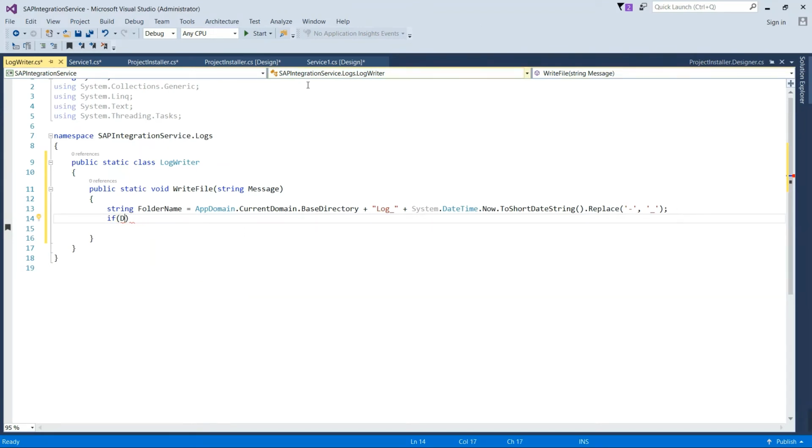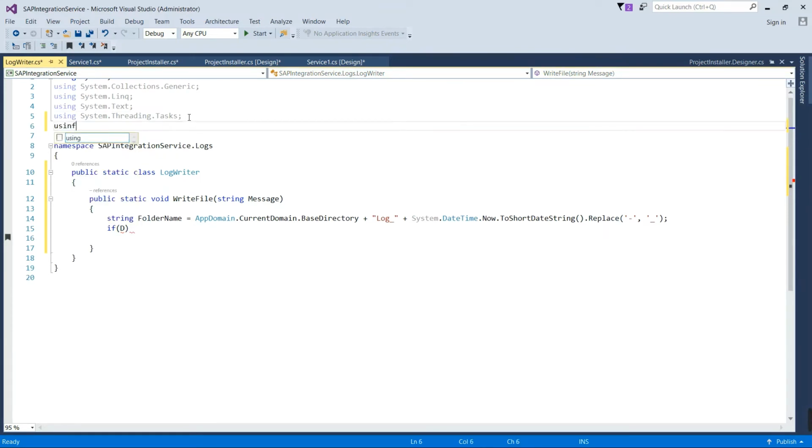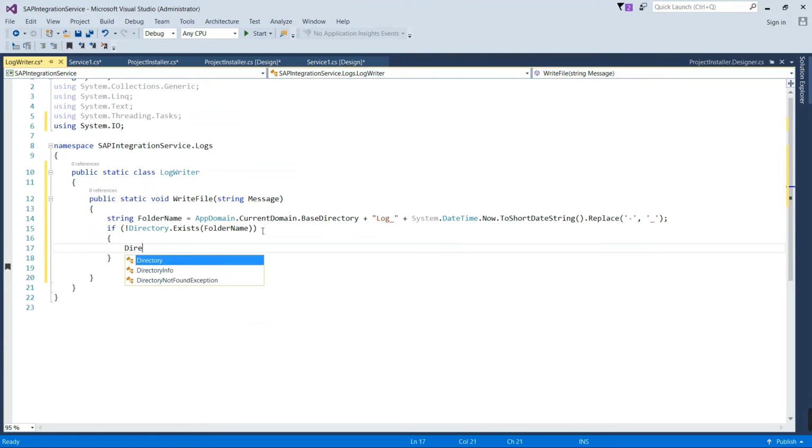I'll have to add a namespace. If it is not existing, then we will create a directory.